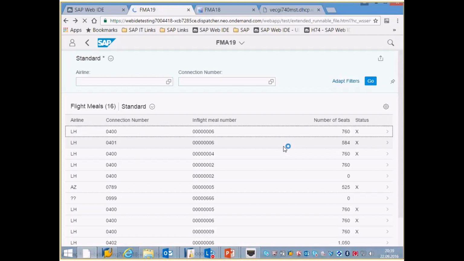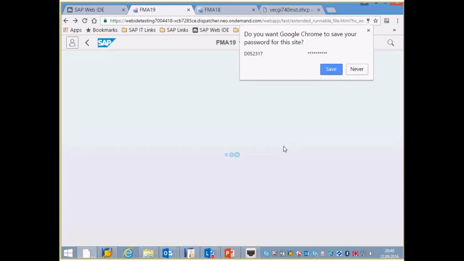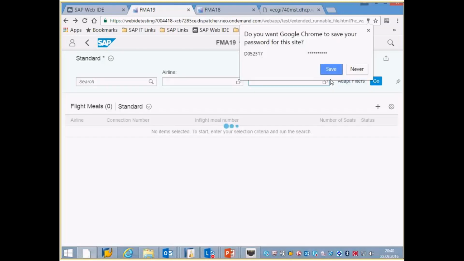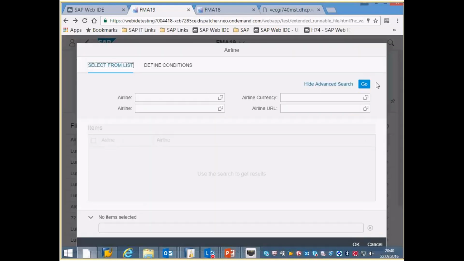Therefore, if I press F5 now, the smart template is so smart to read it again and change the rendering of the UI accordingly. So we added the value help, we added the search feature, and we added the CRUD support. We can see it here. We have in-app search support here. We have the value help,